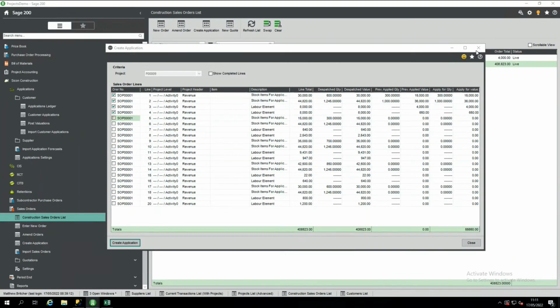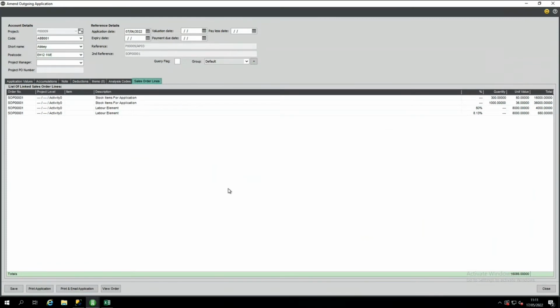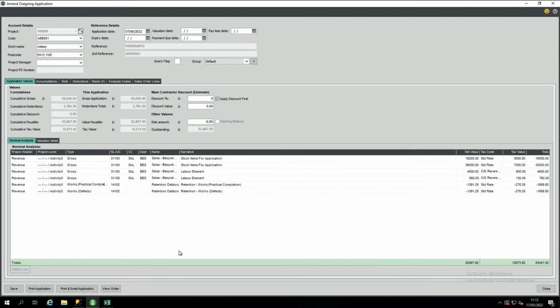Yeah, the nice thing on the application is you get a sales order tab on the application. Yep. So it shows you everything that you picked at that particular point from the sales order as well. So you can then use that information for printing an application document, which is much more relevant when it's done from a sales order. Correct. So if I can print my application from here, wait for that to load,